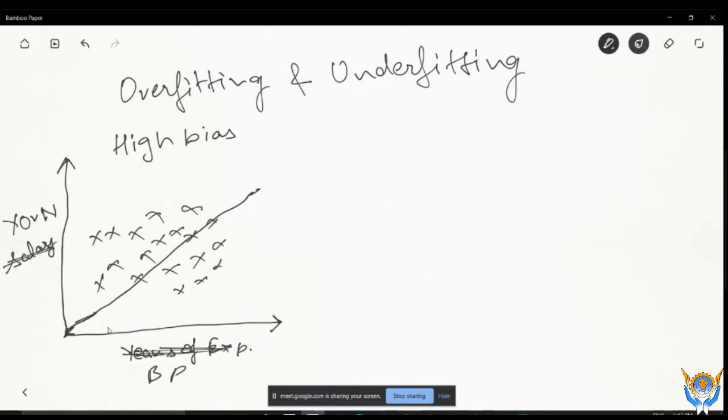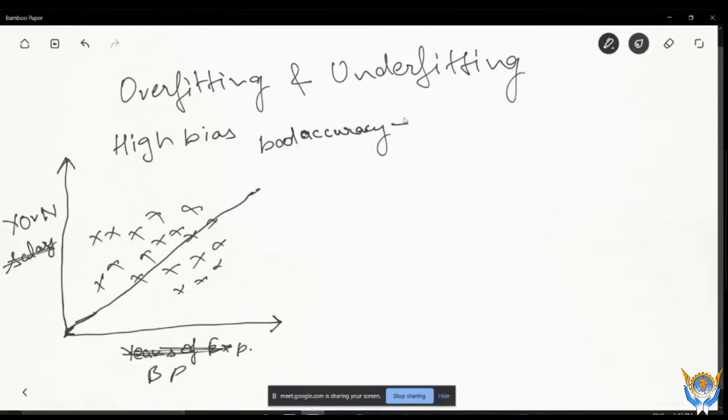So this is called a highly biased model, and this is a problem of underfitting. When our model is giving bad accuracy, in this scenario it is definitely going to give you bad accuracy on training data, and the same bad accuracy on testing data as well. So this is a problem of underfitting.